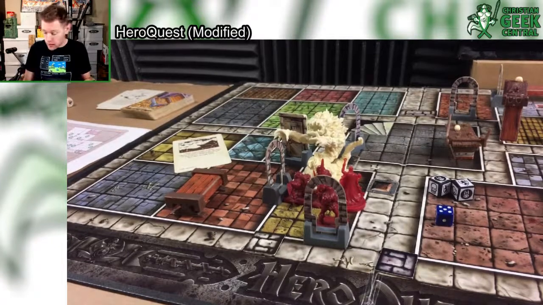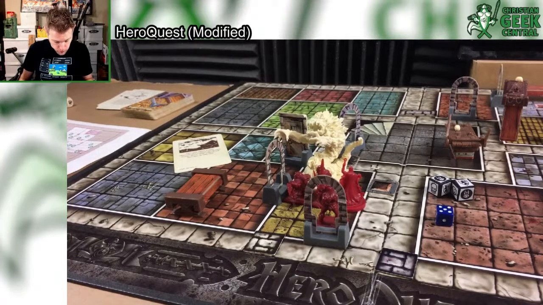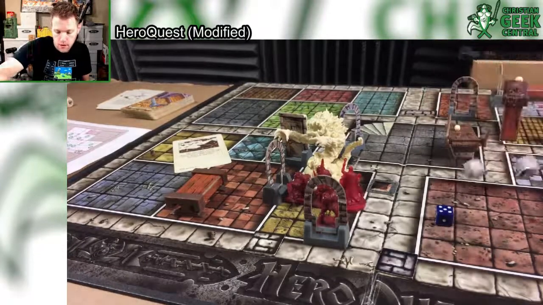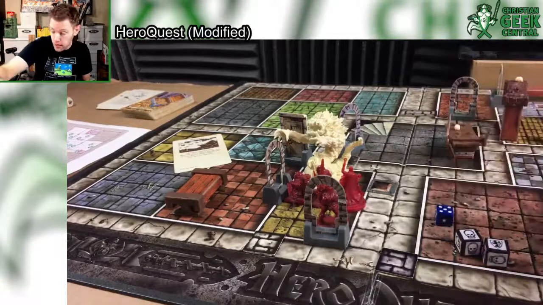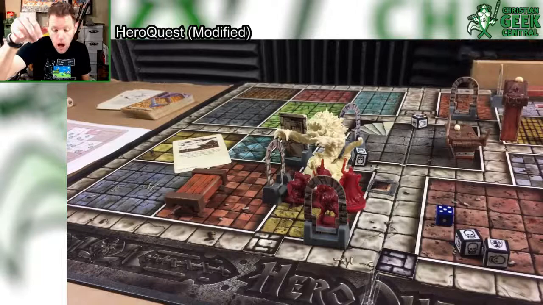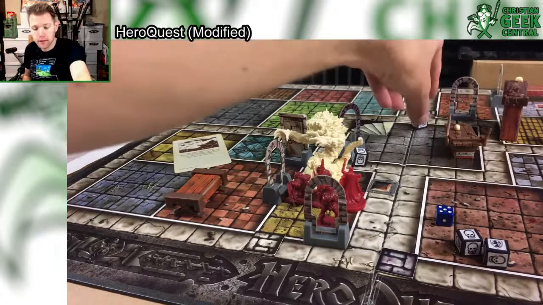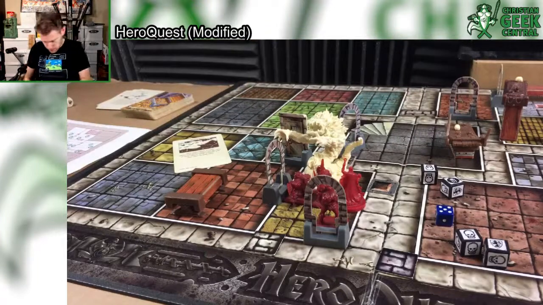Dwarf, if you don't do this, Wizard's going to have to pull out Genie or something. Dwarf. 2 attack dice. 1 skull. That's enough if the elemental cannot defend. 2 defense dice. Ah! Man! He got a black shield. Okay. Now, Wizard, he's got...